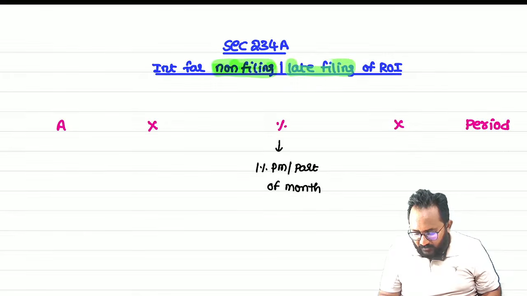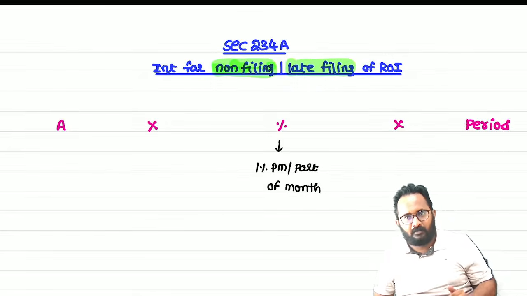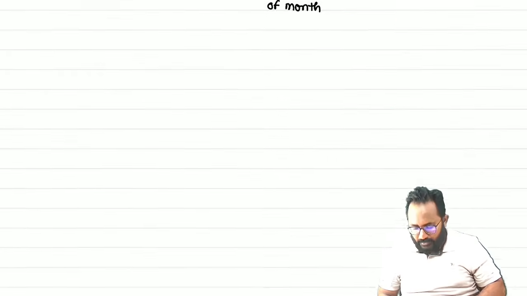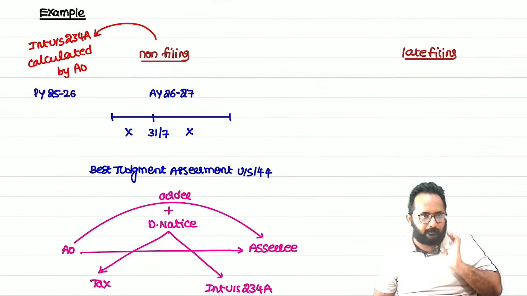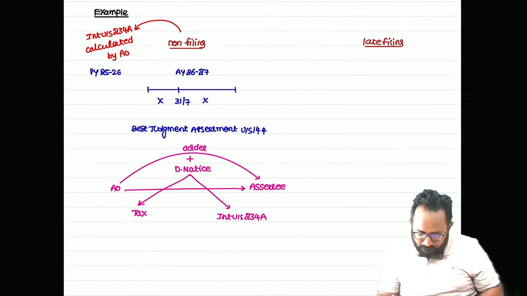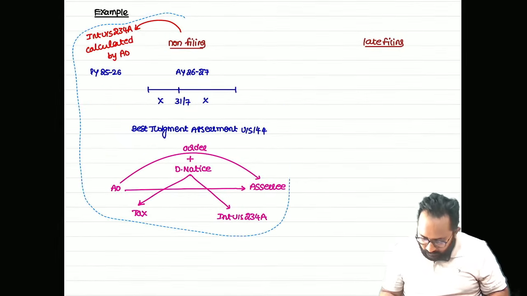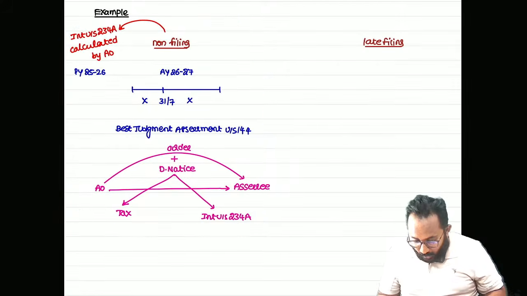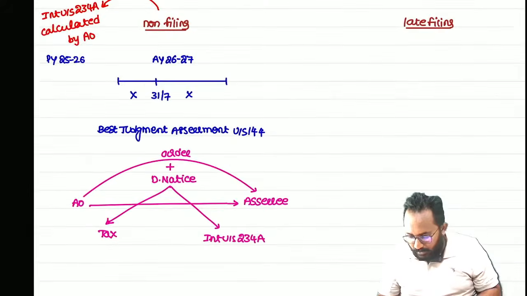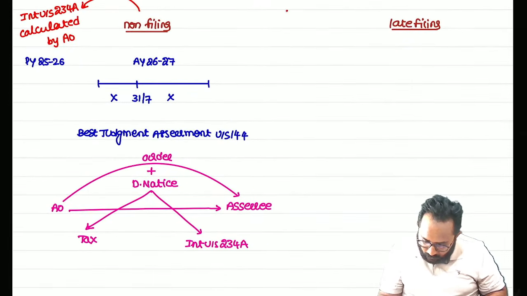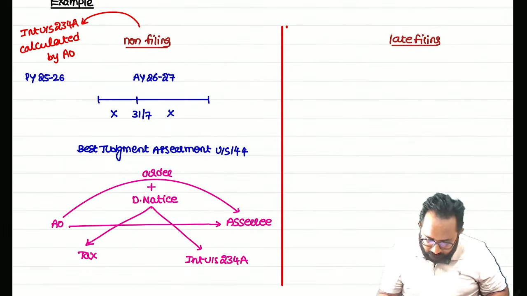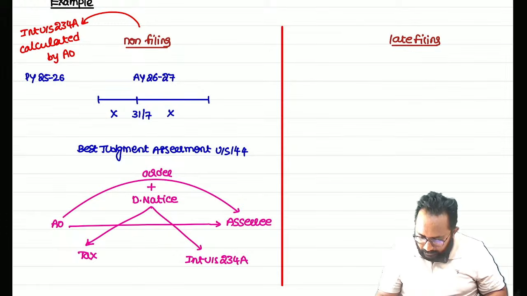Okay, late filing means SSC filed the return of income after the due date. Okay, now we'll discuss the late filing point. What is that? Late filing point. Understood a non-filing? Whenever you see the word non-filing under 234A, then that interest is computed by whom? AO. Now we'll discuss the late filing point. Understood up to now? Online?